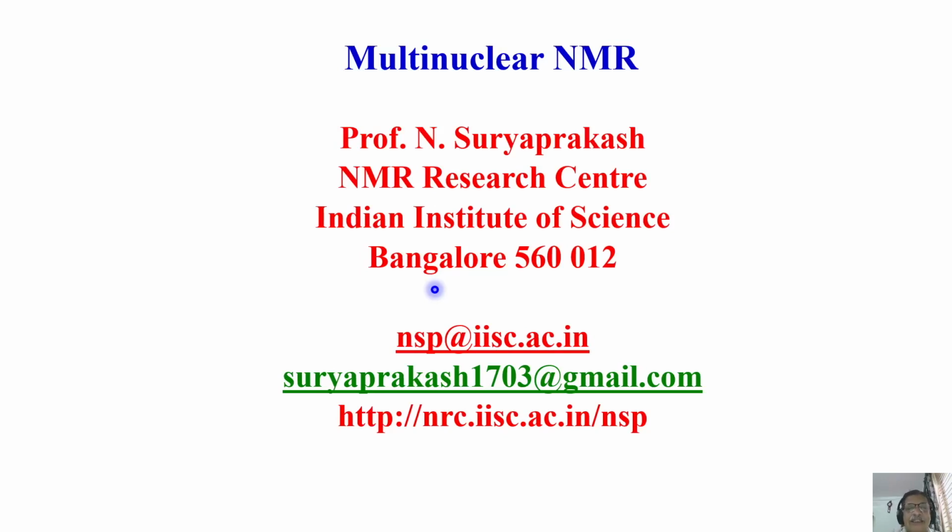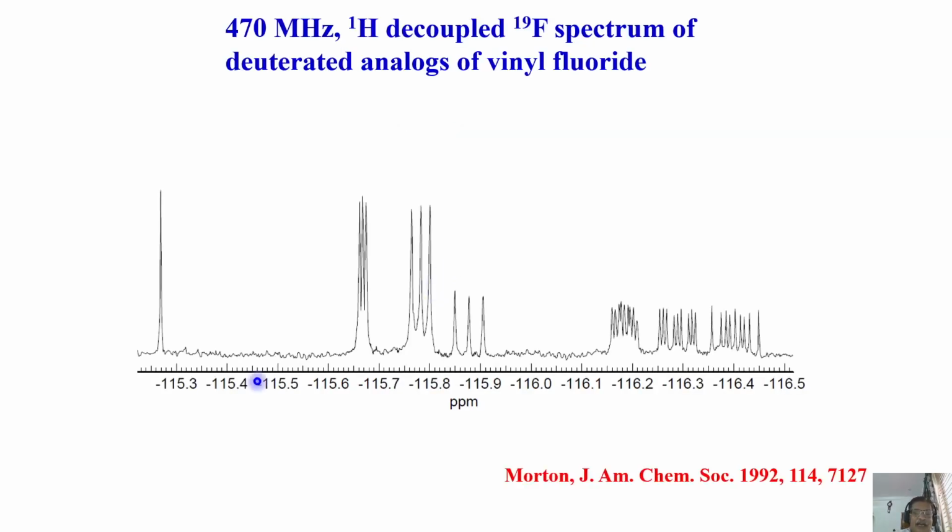And then in the last slide, I did not have time. I was in a hurry. So let me go slowly, taking one or two minutes today. This is the spectrum of deuterated analogues of vinyl fluoride. Remember, I took the SnH3 minus spectrum, the tin-119 NMR, where I took deuterated analogues also. Then we could interpret that NMR spectrum so easily, taking into account what happens if one deuterium is substituted, two substituted, all three deuterium. We could explain the multiplicity pattern.